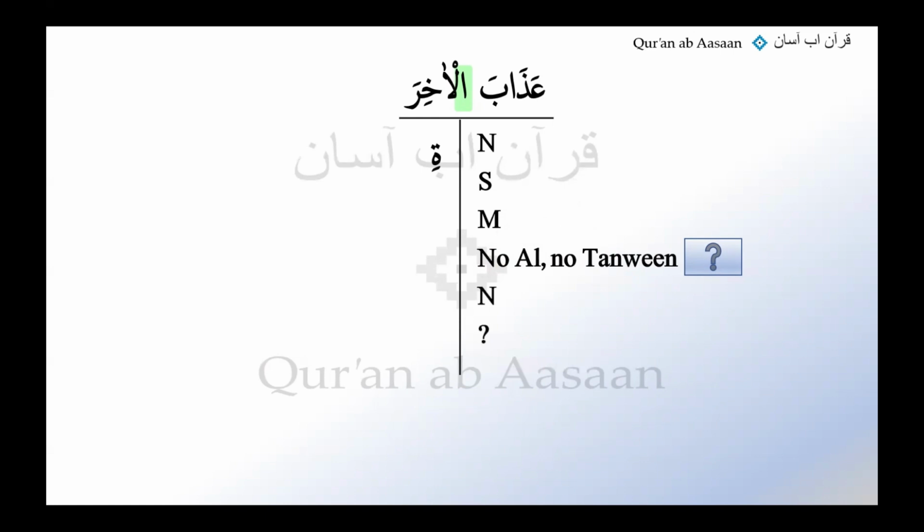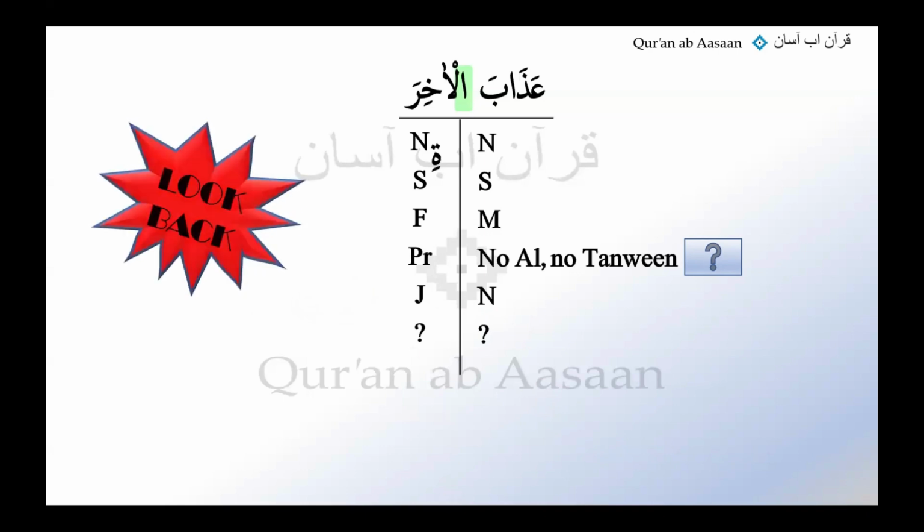And then we start with al-akhirati, which is a noun, singular, and female. Good job. We're not going to forget that the round ta at the end means it's a female noun, and it's jar and question mark. Look, what do I do here when I reach this point? What am I supposed to do? What have we learned again? We should look back. Yeah. And when you look back, what do we see here?